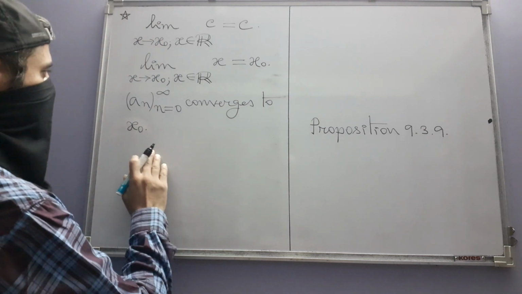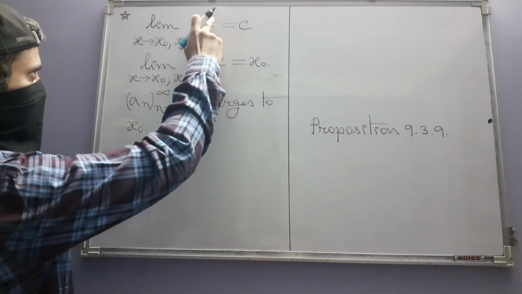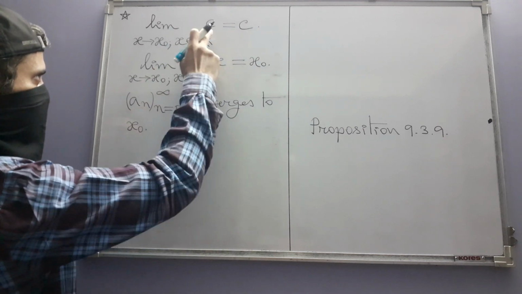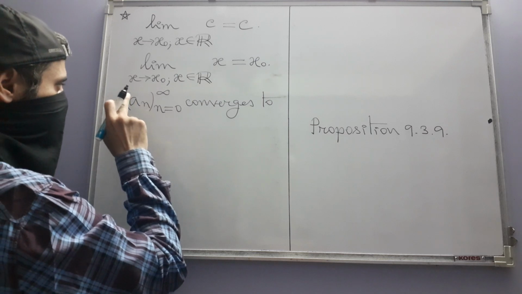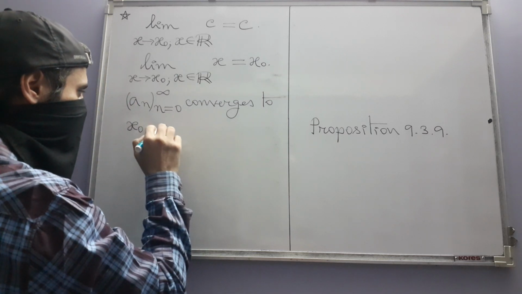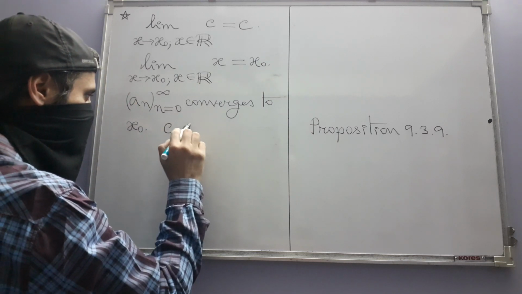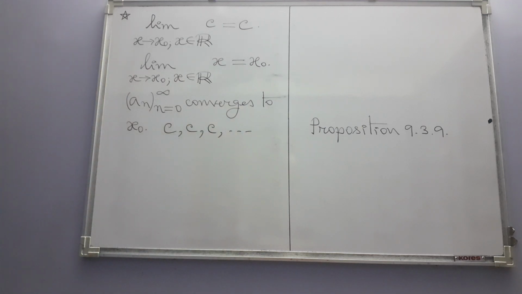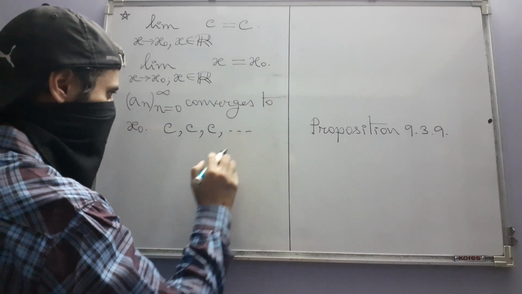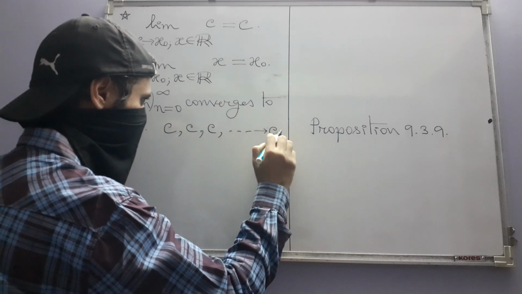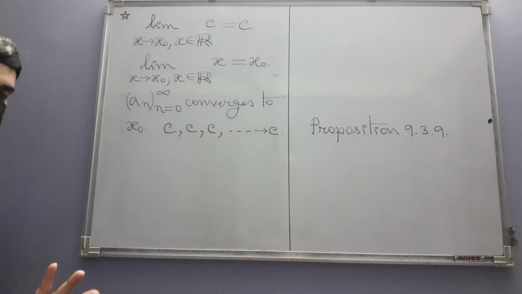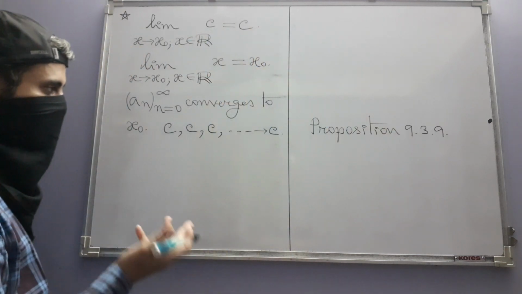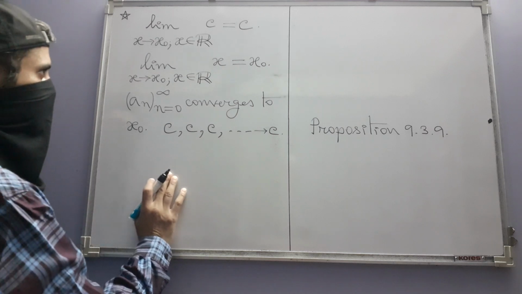Now what shall we get if we apply the function? Although we haven't given the function any name, it's the constant function, but you can understand that if you apply the function to these an's, then you will get this constant sequence, and that constant sequence, of course, converges to c, and that's what we want. So by this proposition, this limit is true.